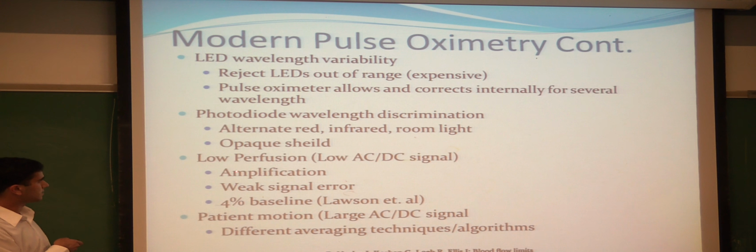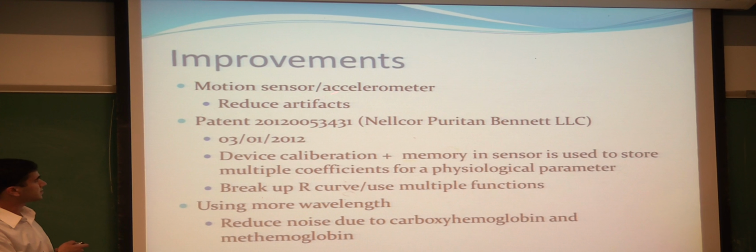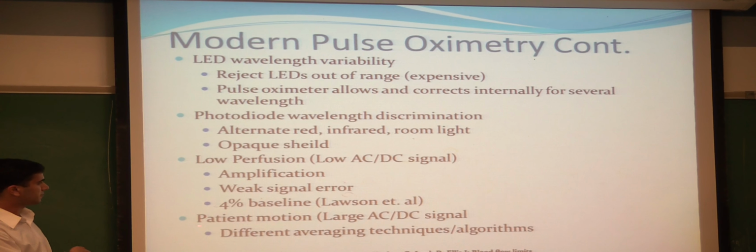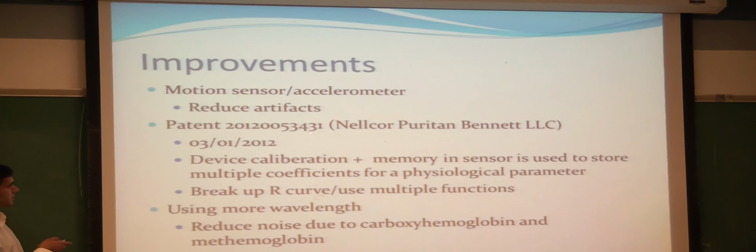Other ways, the signal can be amplified if the signal is weak, up to a 4% baseline of the arterial blood flow. And patient motion also causes large disturbances, which is combated by algorithms which average that out. As for improvements, you can put in a motion sensor or accelerometer to get rid of this. There's also a Time's up. Let's move to